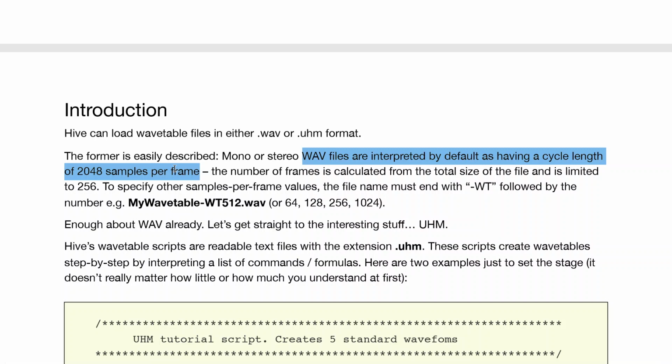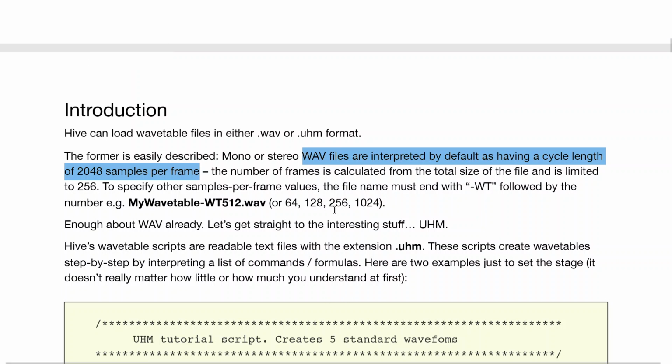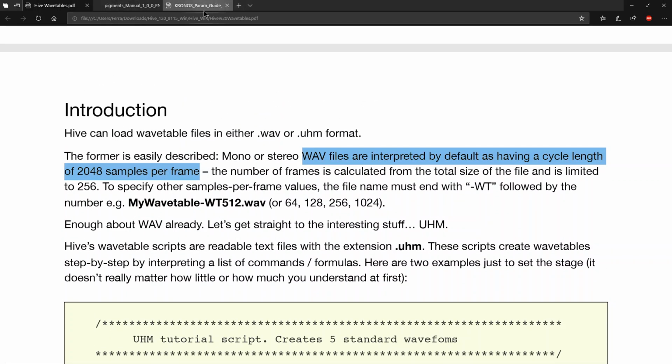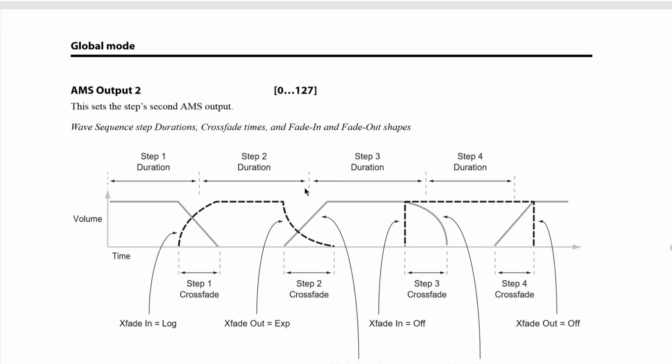And Halion 6 is one of those wavetable synthesizers, and in my opinion, it's the most advanced wavetable synthesizer around right now, even beyond Pigments, but that's only in terms of pure wavetable synthesis. I do think Pigments is a pretty excellent synthesizer, and Hive actually has a scripting language, which is going to be in Zebra 3, which is going to be absolutely phenomenal and change the game as far as wavetable synthesis goes. I'm really hoping Howard hires me for that project because I'm pretty stoked off that synth. Anyway, let's talk about